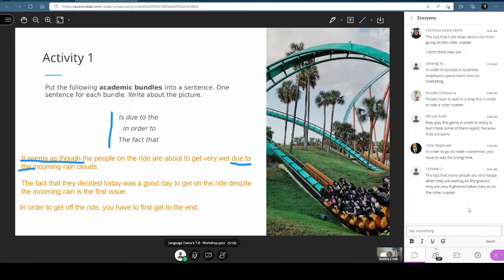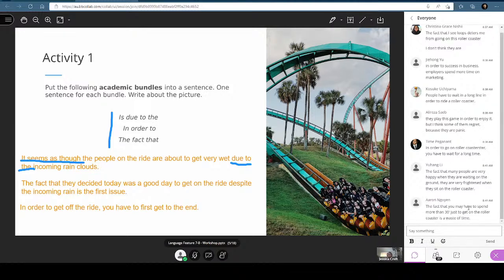So we're very much getting the hang of the bundles, I hope. The bundles are very useful, particularly when it comes to things like your justification and your critical thinking elements, because they add that kind of glue between the evidence or the information from the text and your own thinking.